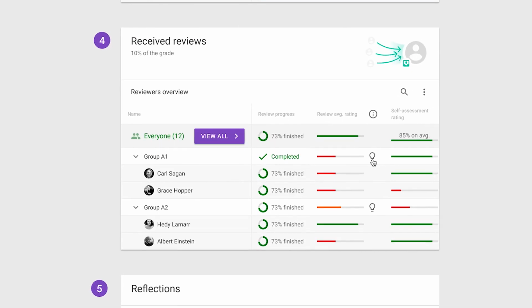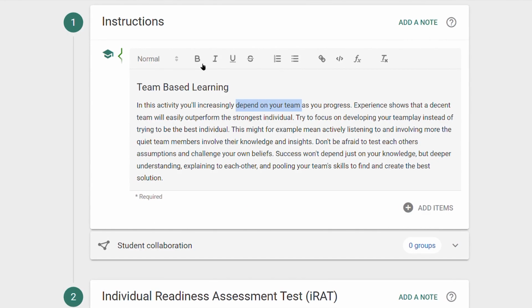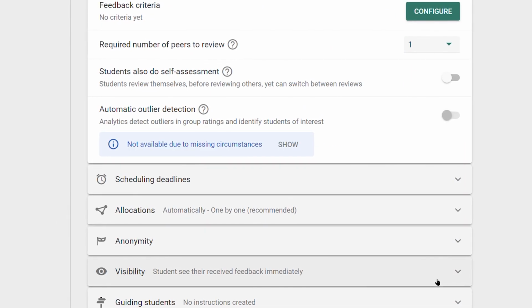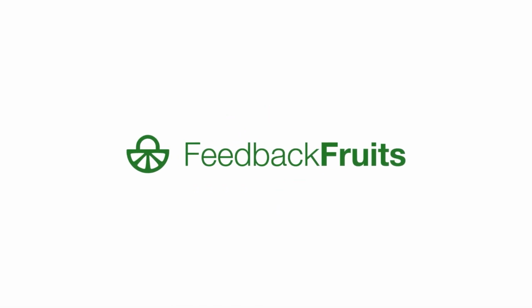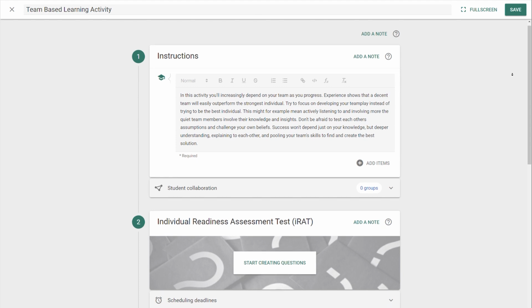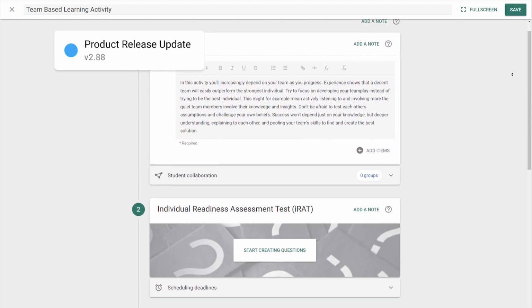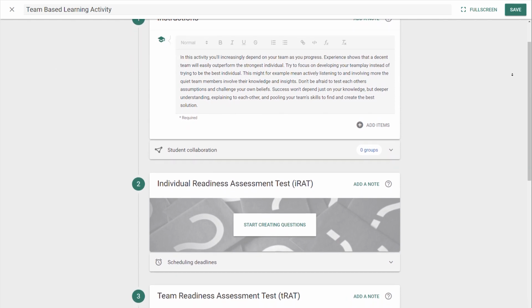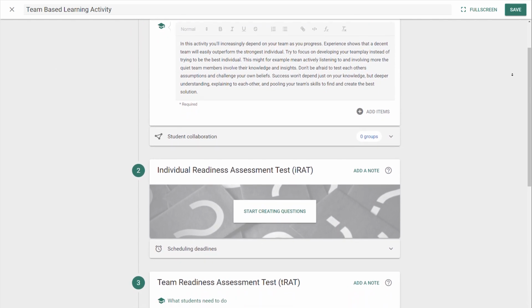New insights into student feedback, easier text design, and a transformed team-based learning. Let's take a look. This is Dan with what's new in the latest version of FeedbackFruits toolsuite. Our team-based learning tool is the star of this show, but let's start with some other improvements here to make